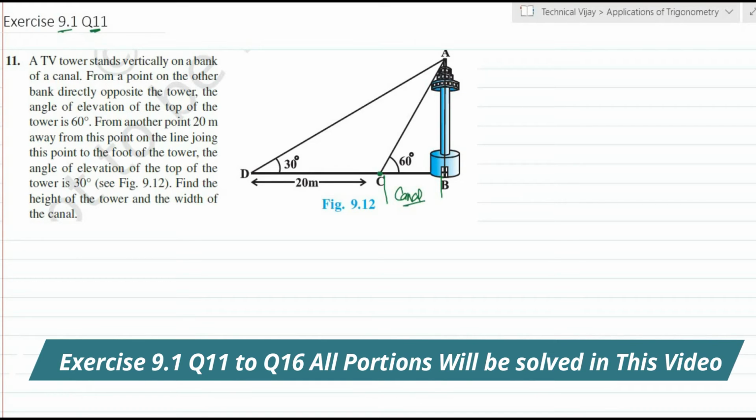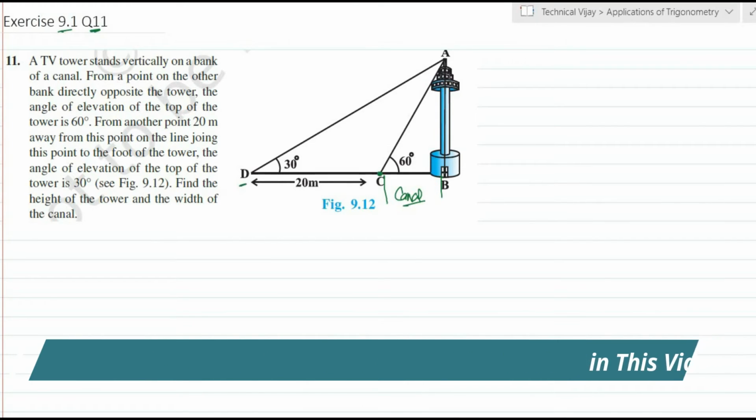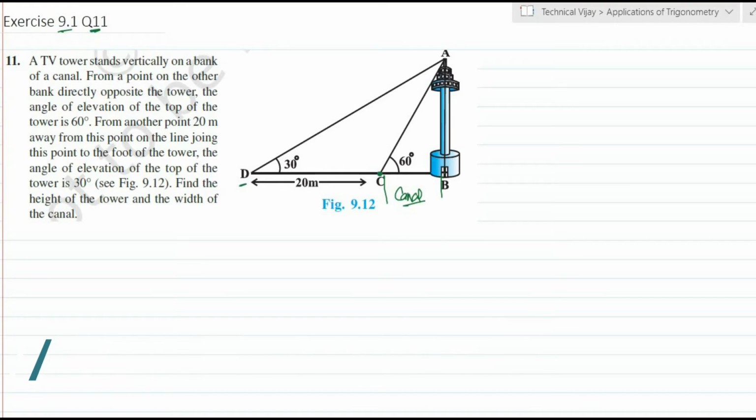And from another point, that is 20 meters from this point, at point D, the angle of elevation will be 30 degrees. So find the height of the tower and the width of the canal. So here we have to find the distance BC, and also calculate the height of the tower AB. So for that, first we will consider